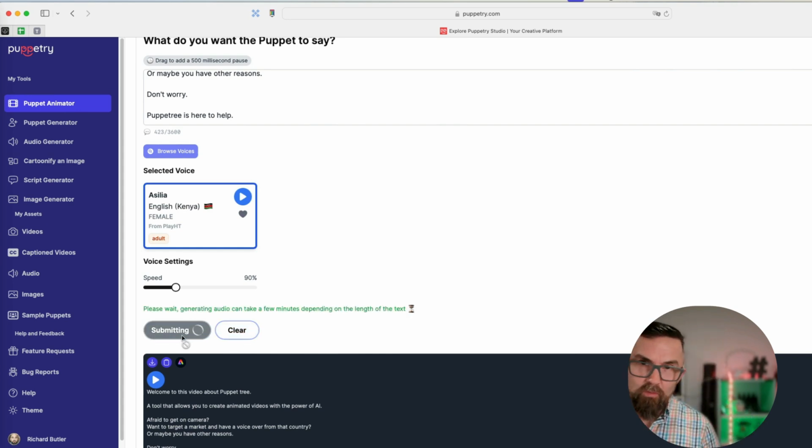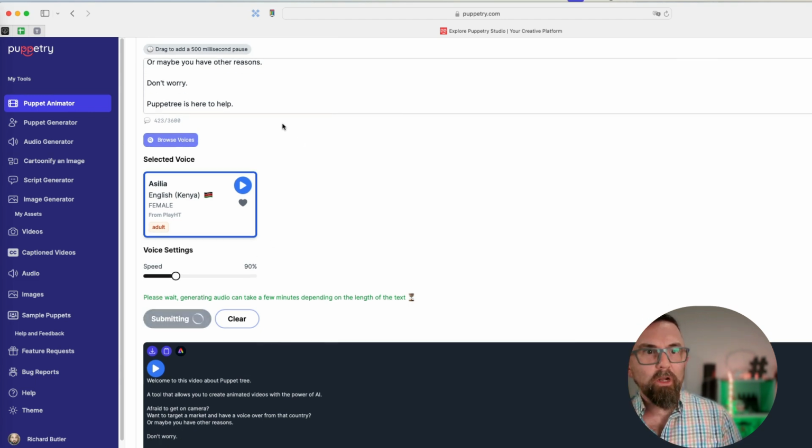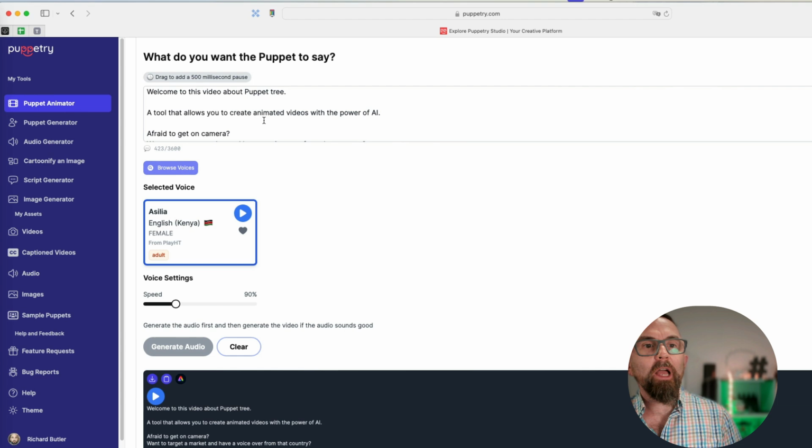Now this is important because what you want to do is listen to the audio and make sure that everything sounds right, because you have to be very, very careful of ensuring that you put in full stops so that the sentences don't run together. Also, you need to listen to the voice, and sometimes if I had put in Puppetry, it might mispronounce it. So sometimes you have to write it as it sounds. Another example I saw was a read, and it read it as the past tense of read. So you have to go in and just tweak that.